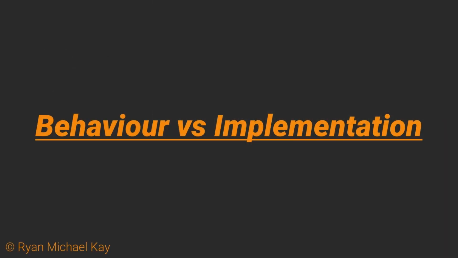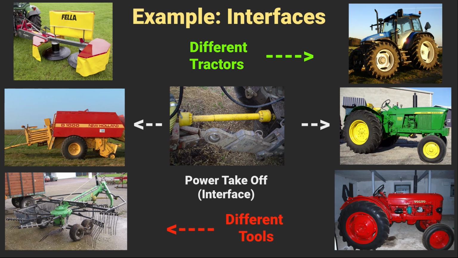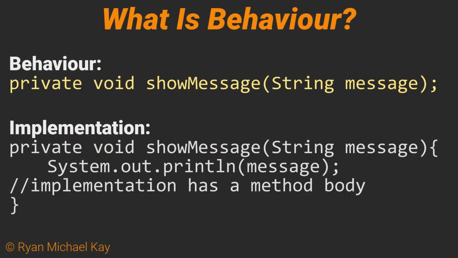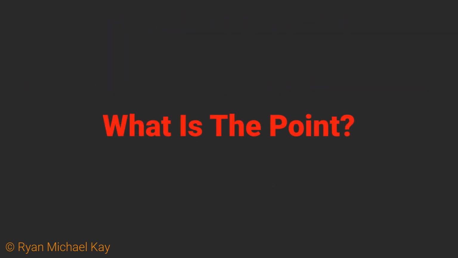The first principle to understand about interfaces is that they allow us to share what I will call behavior among classes. Now, in the context of programming, I mean something very specific when I say behavior. I define behavior strictly as meaning that we are sharing all parts of a method except the method body. If we were sharing the method body, that would be sharing implementation. Until you look at a practical example, this can seem like a rather pointless thing to do. Is it not just creating extra work that we have to do later? We will see soon enough.